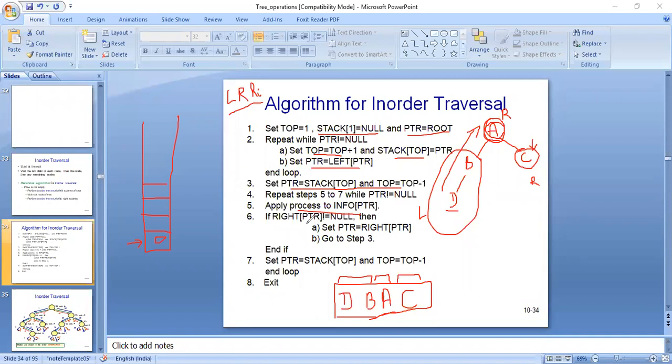All right, so we will backtrack till we found the right child. Afterwards we will proceed toward right child. We will check if it is having left child or the root, so they will be placed into the stack, otherwise they will be processed. So this is the whole concept, whole algorithm.